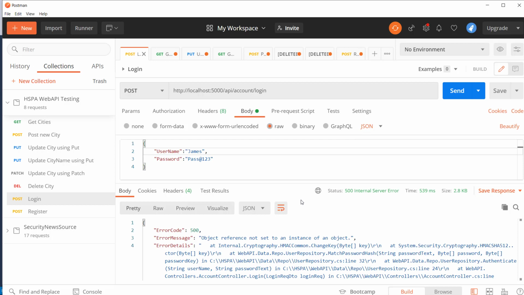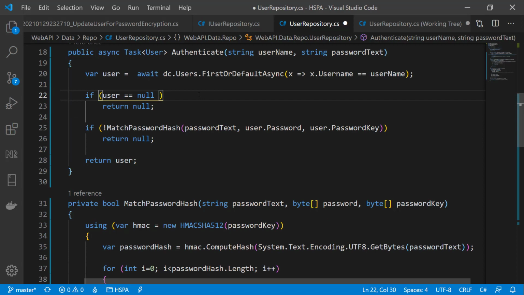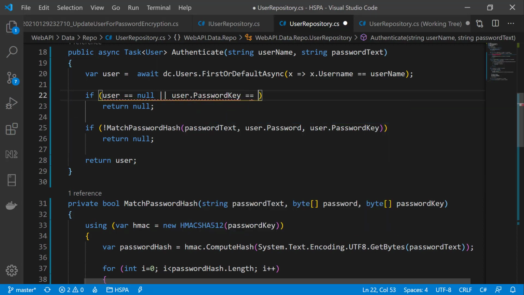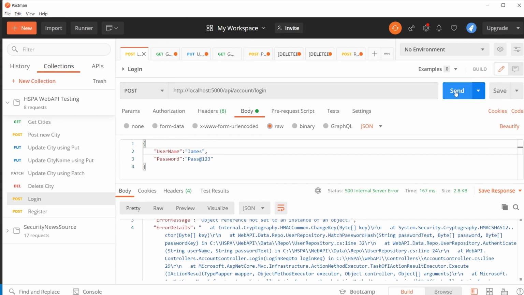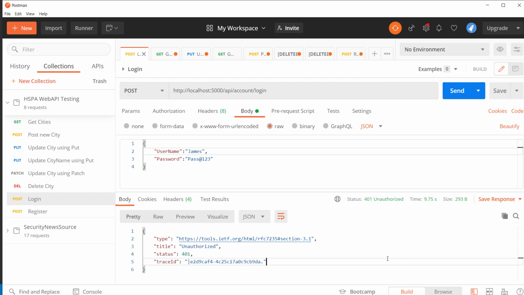Yep, we have been able to break our code and it throws an error this time. We are getting this error because we are passing null as the password key in this function. Let's update our code to check the password key as well here. And if it is null, we will not move forward. Instead, we will return a null value from here only so that our controller throws the unauthorized error. So this time we get an unauthorized error because our database does not contain a required key for this user.